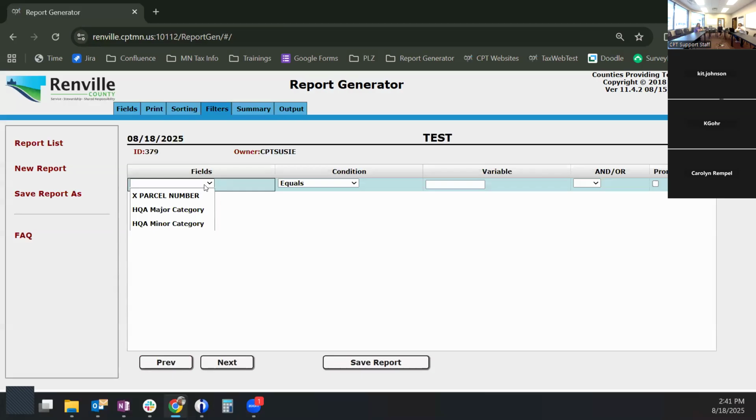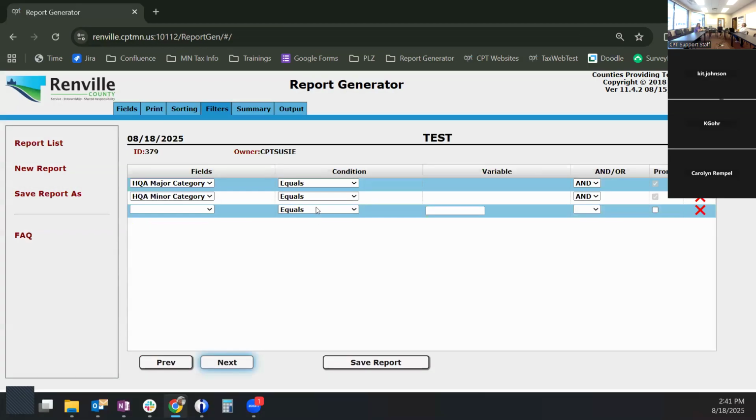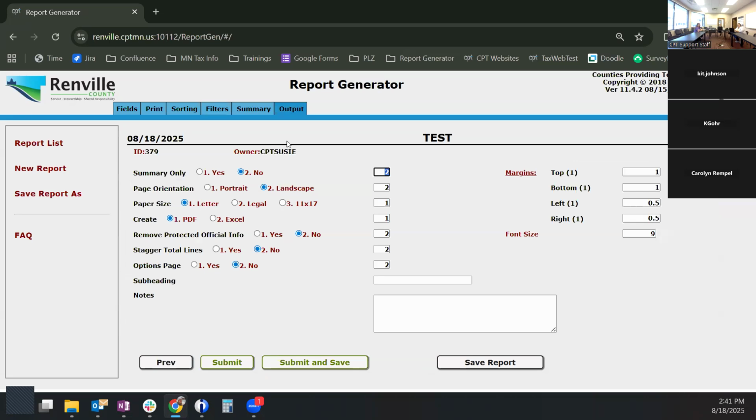Major and minor categories in CAMA have a few rules that are in this help menu if you wonder about them later. You cannot add a minor category without having the associated major category. In fact, if you haven't selected it in the Fields tab and you try to sort by a minor category, it will go back, select the major category, and add it here. Also, when you add a HQA major or minor category, it requires a prompt. And we'll show you how those prompts work. Actually, I think I don't even need it, and you can get summary data for it if you want. But if I submit,